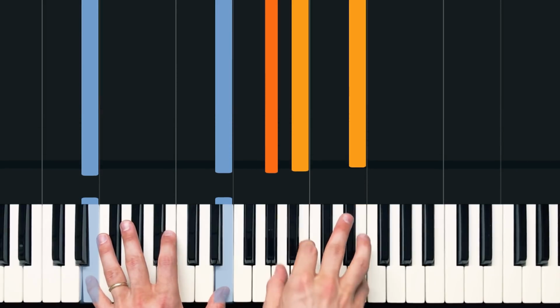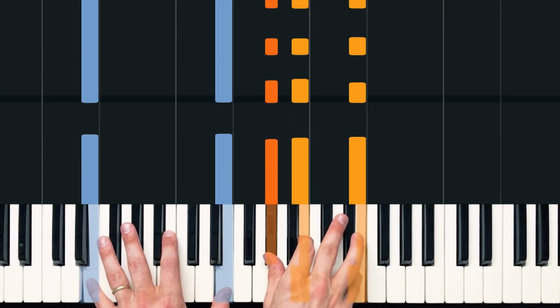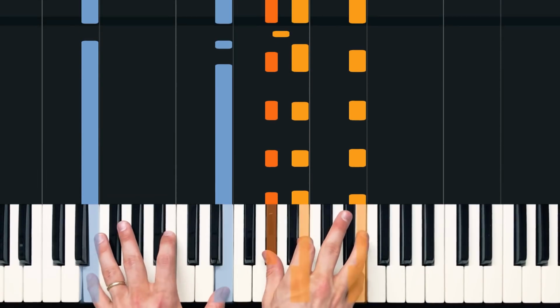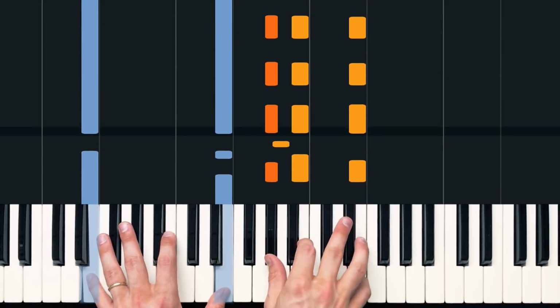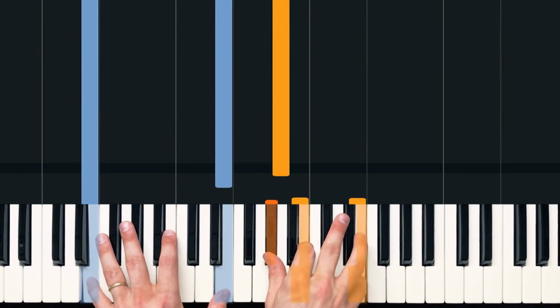And then we're going to switch real quick back to our E major chord because we're playing the exact same thing in the next bar. So that's going to sound like this. 1, 2, 3, 4, E and 1, 2, 3, 4, E and